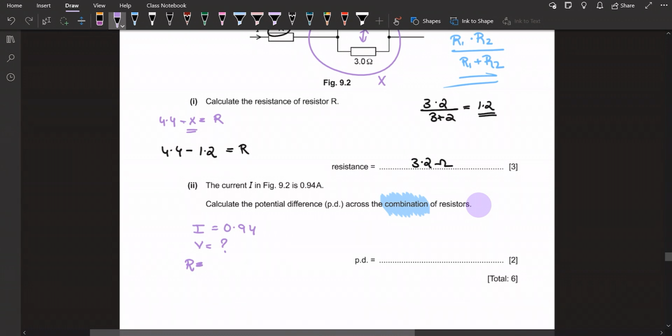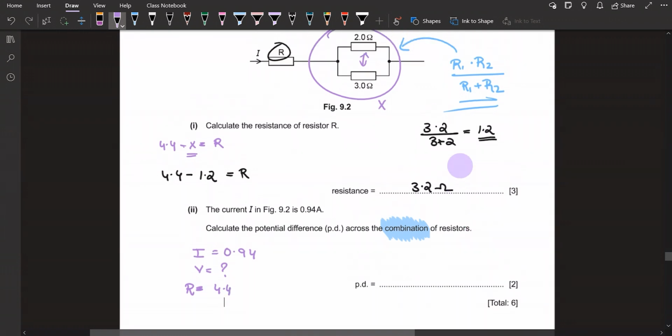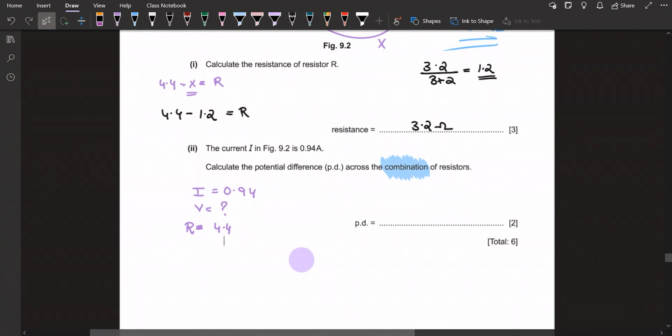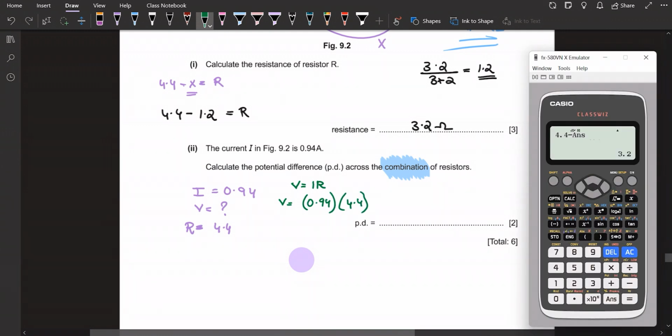So we have to use the total resistance, which is 4.4, and it's given above in the question. So we use this, and our formula which we have to use in this case is V equals IR, and we have R, we have I, so we can find out our potential difference, which is going to be 0.94 into 4.4, which is going to give us our answer as